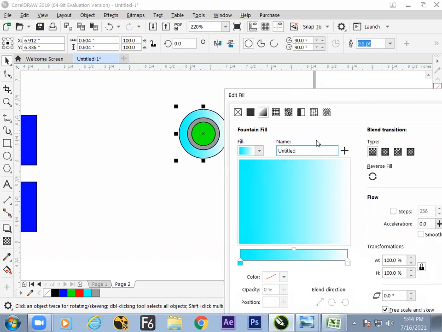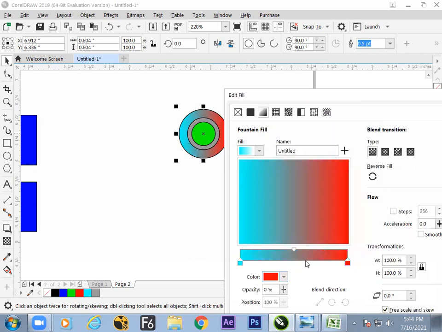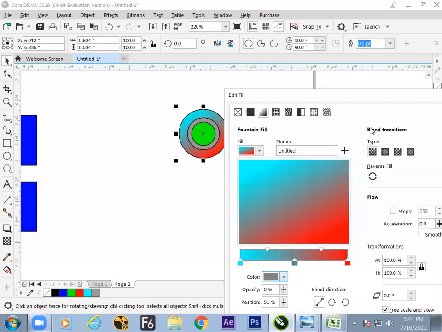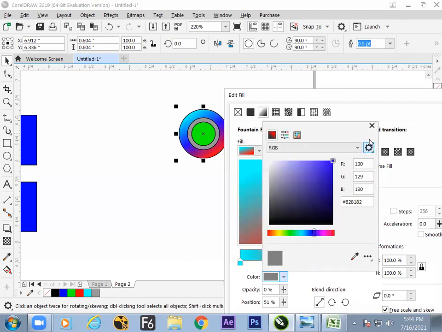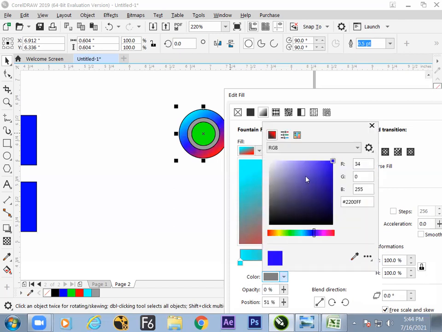So here a lot of controls are there. We can change the color. We can add the color by double clicking. And the rest, you can change it up here also, right? Directly on screen, you can change the direction. And you can add extra things here. Maybe blue, close. So hope we have understood now how to add the colors.